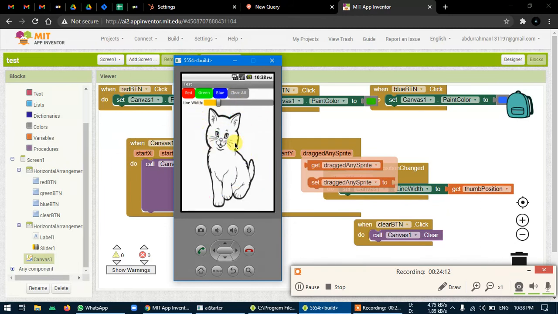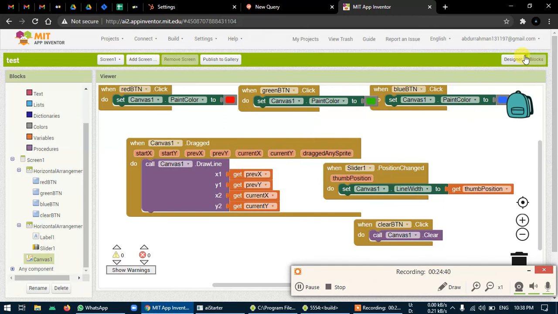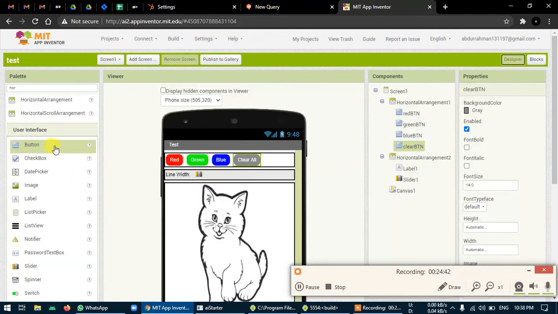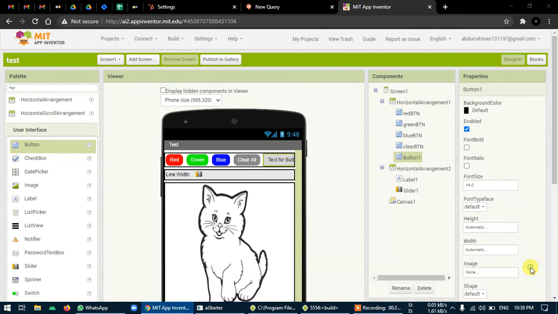Okay, one more thing. Till now we were just drawing things on the screen and nothing was happening. It is of no use if you just get to draw. So if you are drawing something, you must save it in your gallery, as a picture, or maybe as some other kind of format. So let me put one more button, by using which you can save the drawing, whatever you have drawn in this app. For that we need a save button. So get one save button, and I'll be renaming this button as save button.